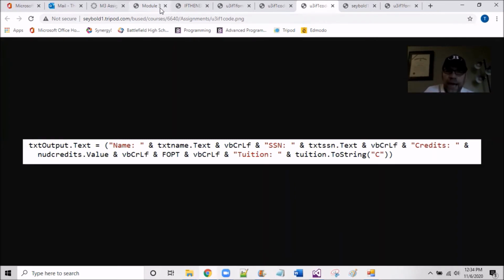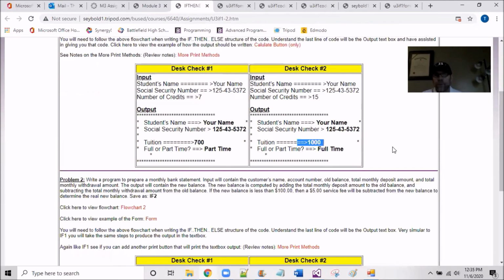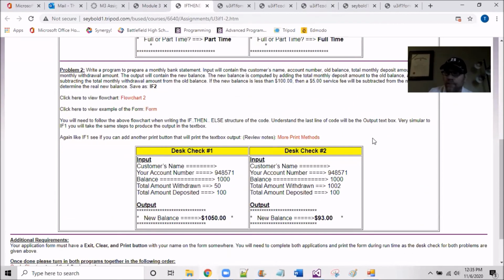So going back to the website, here's the desk check, and it wouldn't be wrong to go through a couple of desk checks, one that's under 10 credits and one that's above 10 credits. And I'm telling you this to give you some sense of what your output should represent. Okay, moving forward, ladies and gentlemen, to the second If,